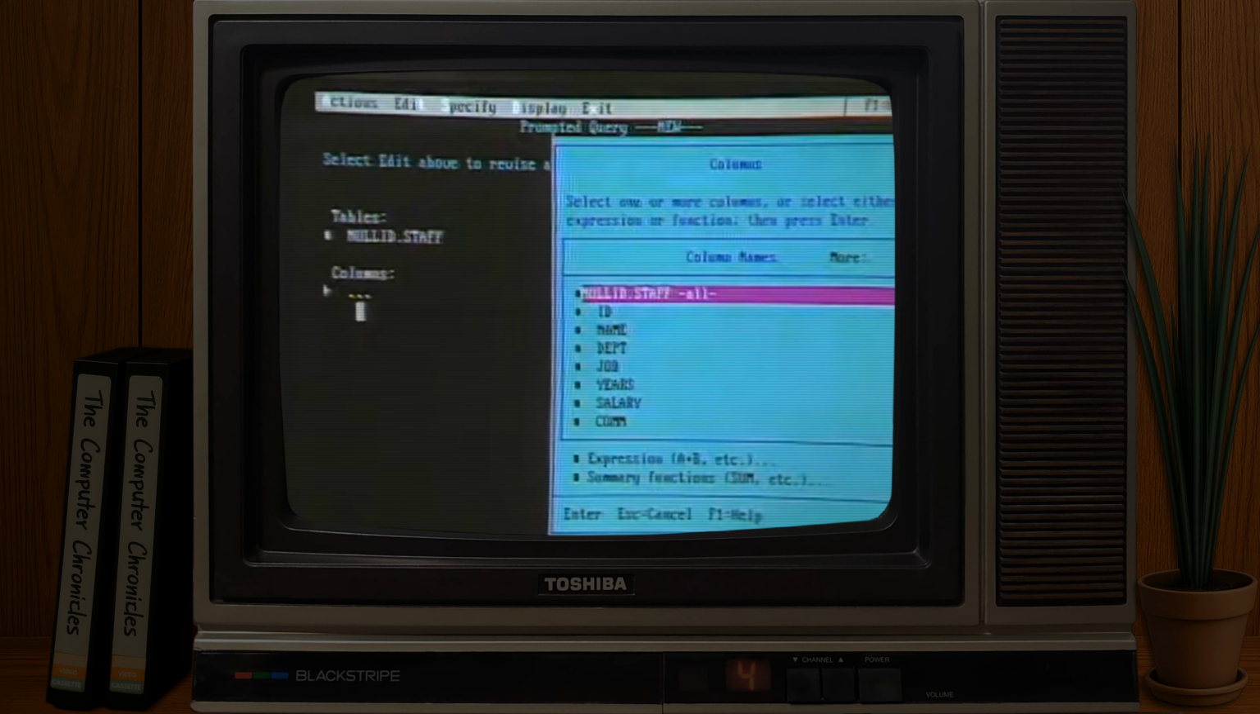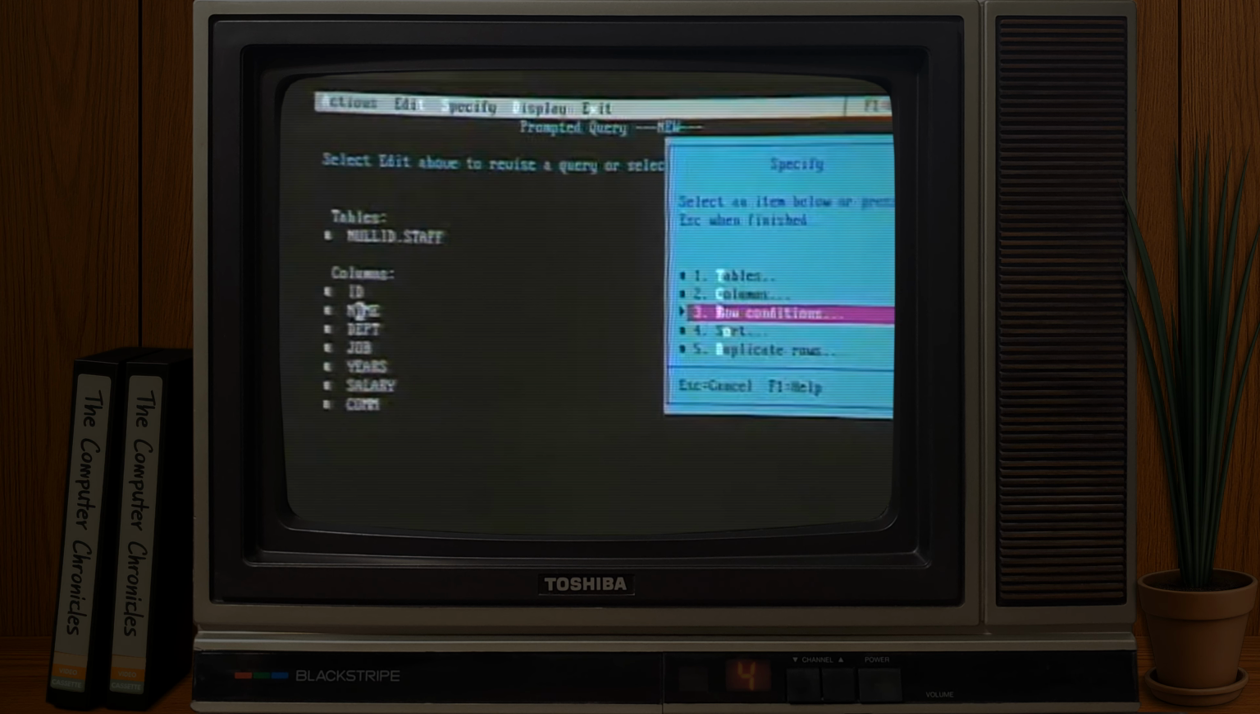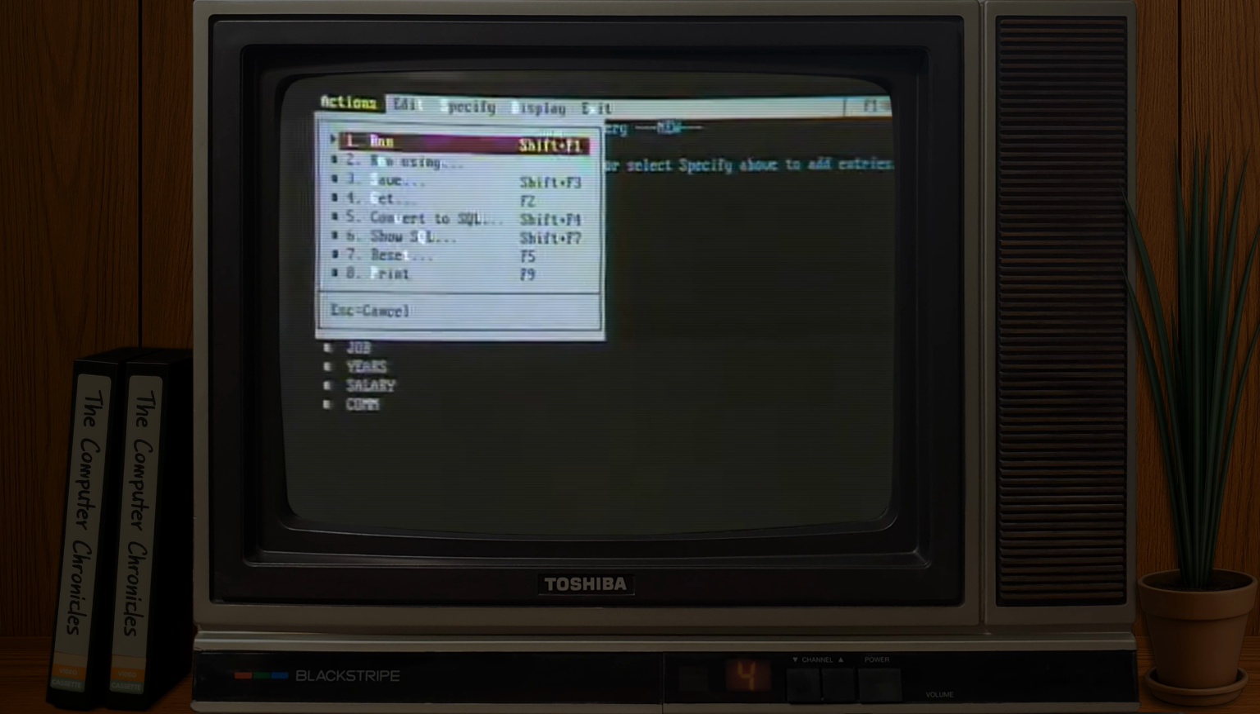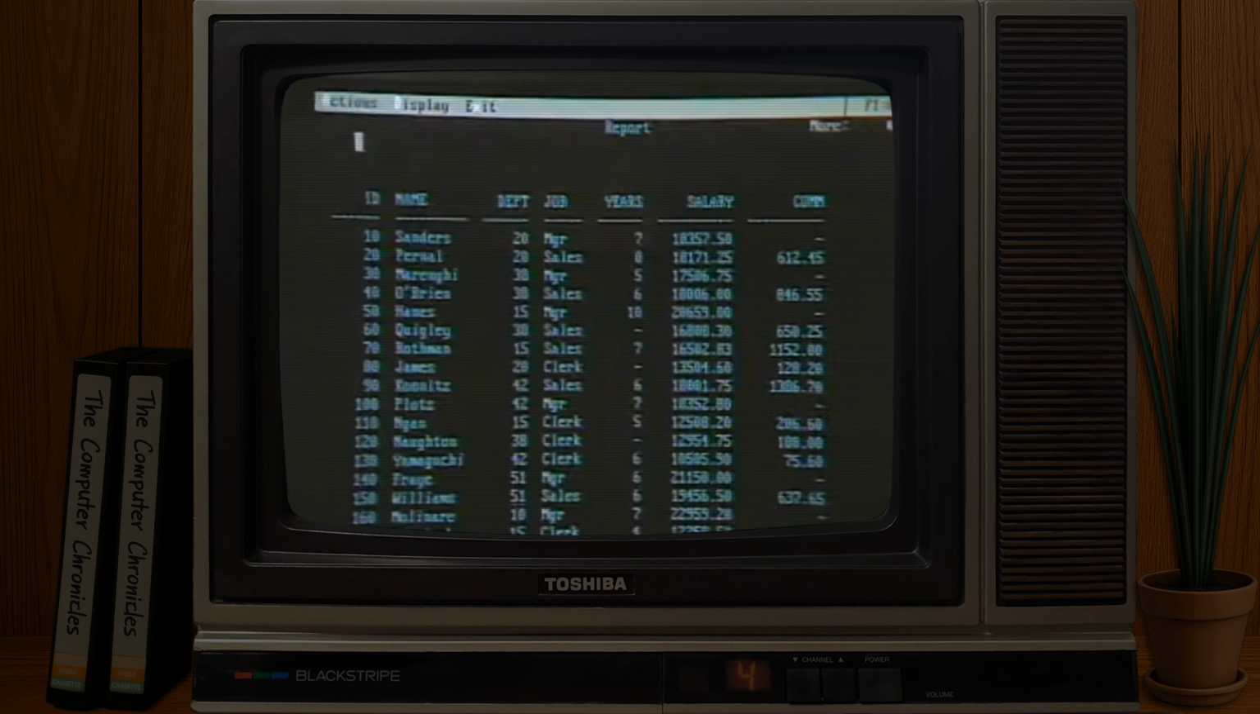It lists all the columns on the left-hand side, and now it asks me for what row conditions, if I wanted to select if a name was equal to a certain thing or a quantity was a certain amount. I'm just going to go ahead and run this query and look at all the rows and columns to make it a little simpler and faster for us. So I go up here to Actions, and the first action is Run, and I select Run, and it goes against that table in the database and puts out the report in a default format,